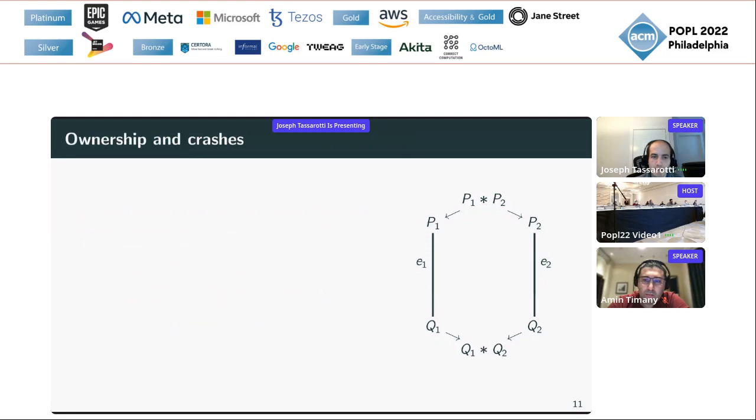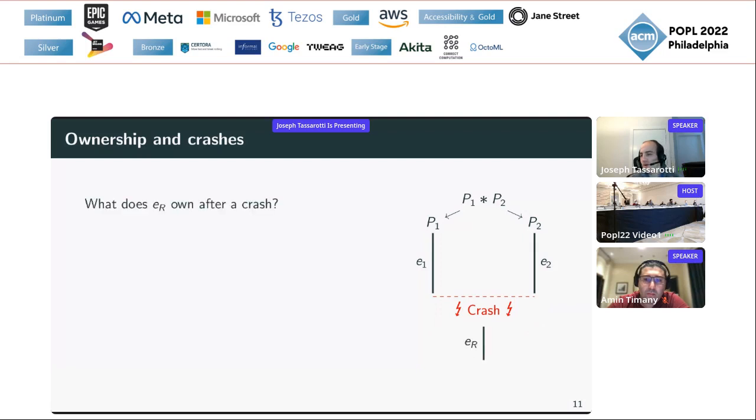So now, how does this story handle crashes? Well, if we imagine that a crash occurs in the middle of execution of E1 and E2, then when we restart, we're going to run the recovery procedure, as we said. The key question we have to answer is, what does the recovery procedure ER own after the crash occurs?